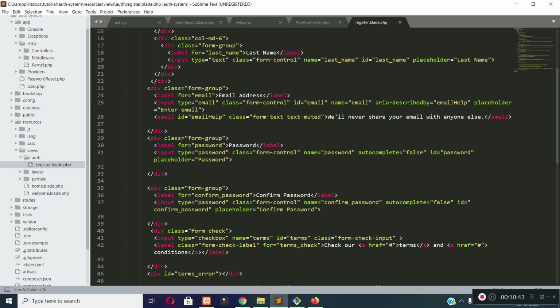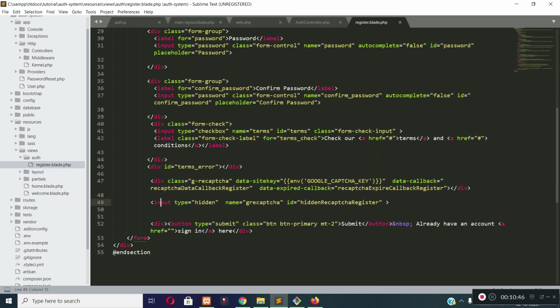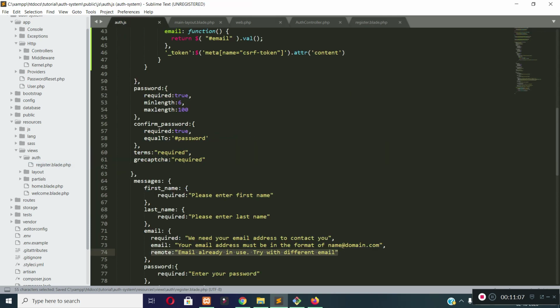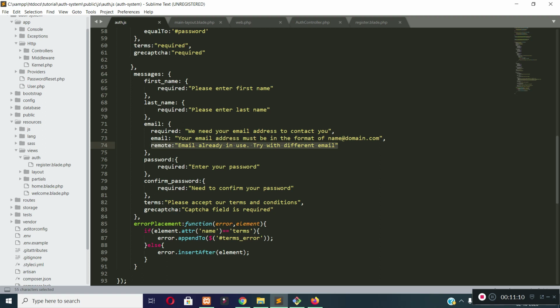Okay, first of all let's put the error message inside a div. So let's create a div in our registration form under the Google reCAPTCHA hidden field, with the ID hidden reCAPTCHA registered error.